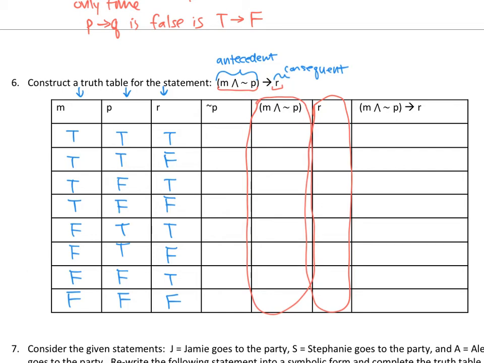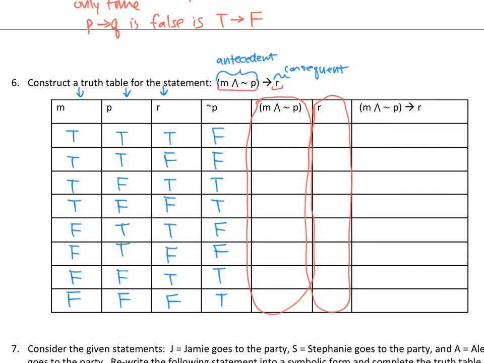So the negation of P, not P, is basically just flipping that. When P is true, not P, the negation of P, is false, right? When P is false, the negation of false is true. So I'm basically flipping all the letters because we're doing negation. All right.